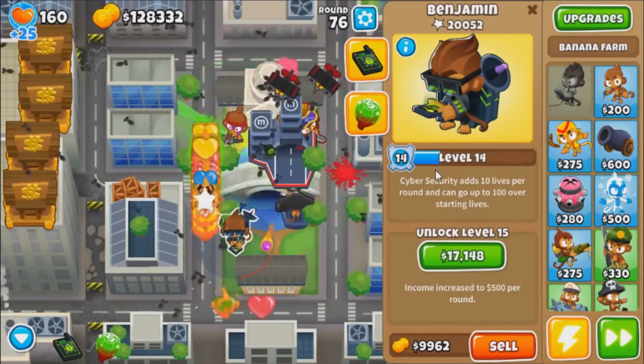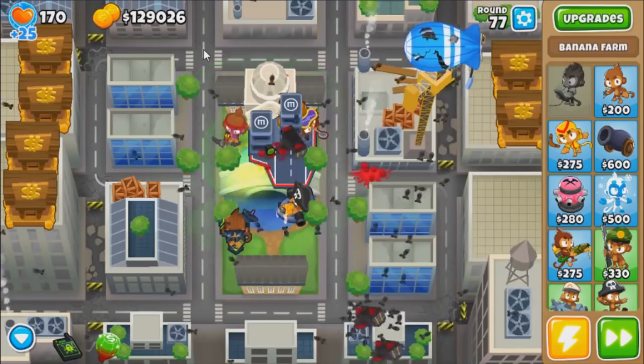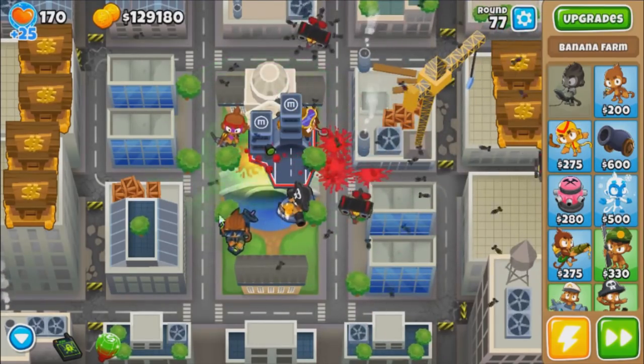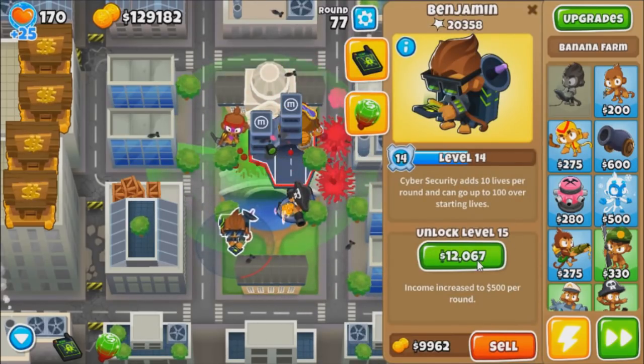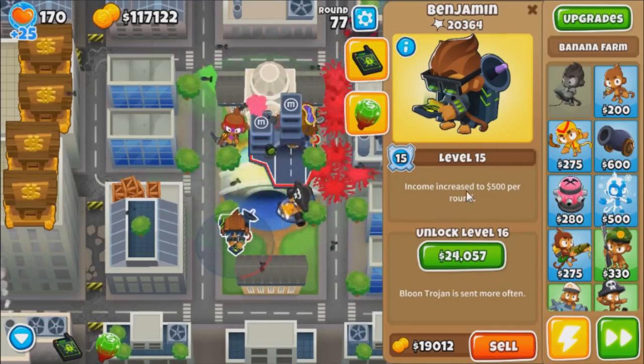Like, the difference between 250 and 150 lives, yeah, 99.99% chance that won't make a difference in a legit game. But sure. Level 15, income increased to $500 per round. Let's get it. Again, the only gripe I have about this is that at the point you get this guy,